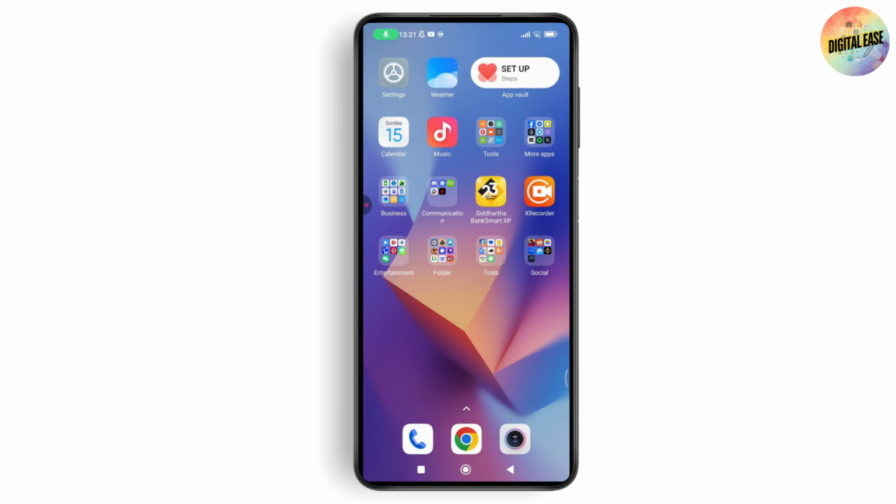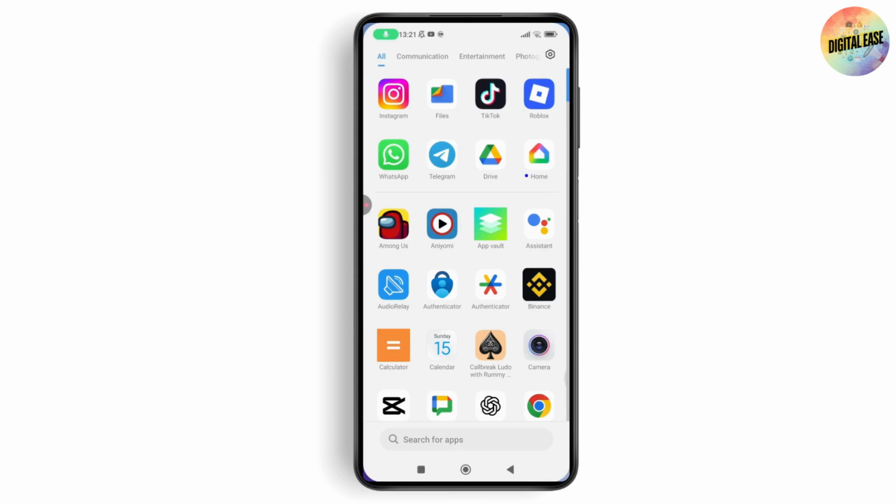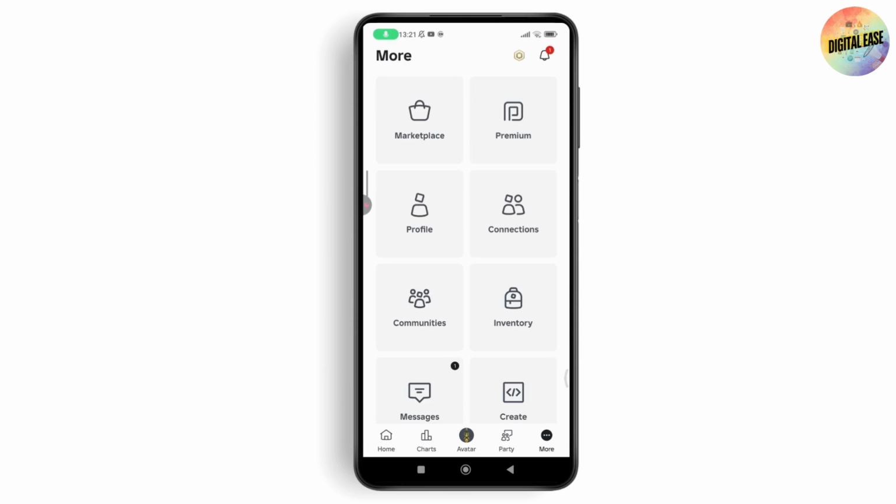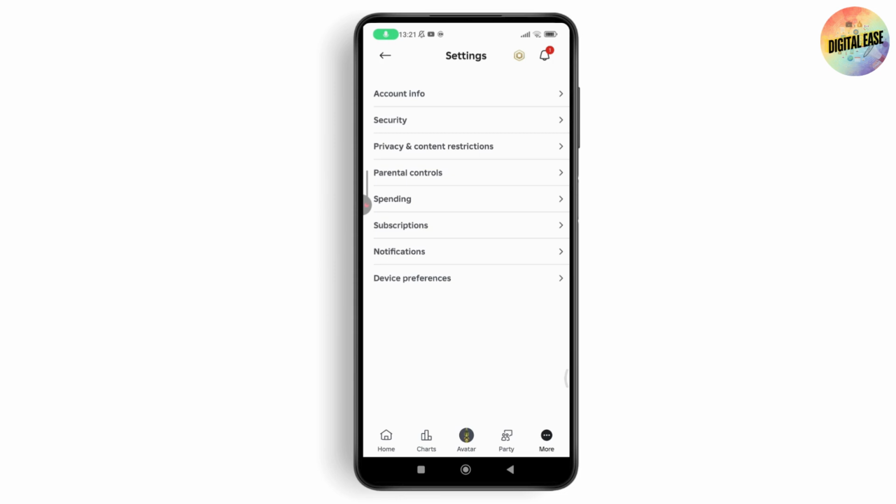to do is first you need to open up your Roblox application. After opening the Roblox, you need to go with More, which will be in the bottom. And from More, you need to just simply scroll down and then you need to go with Settings. Now under Settings, you need to go with Privacy and Content Restrictions. From there, you will have